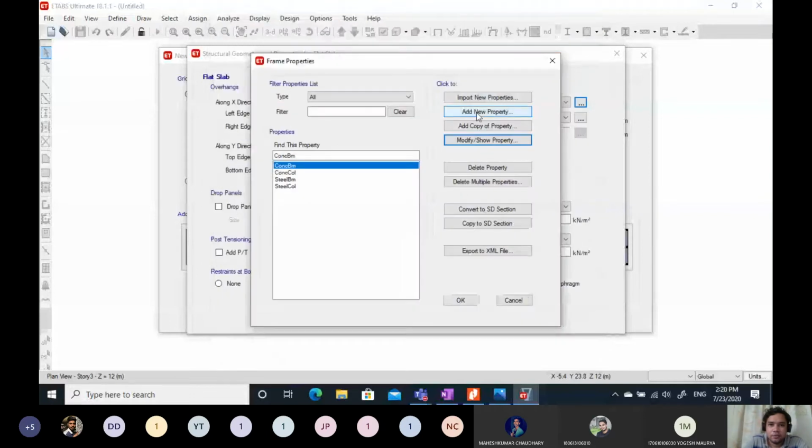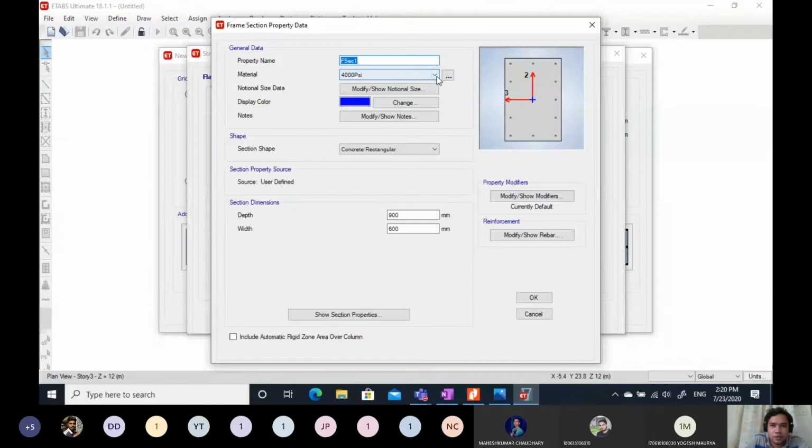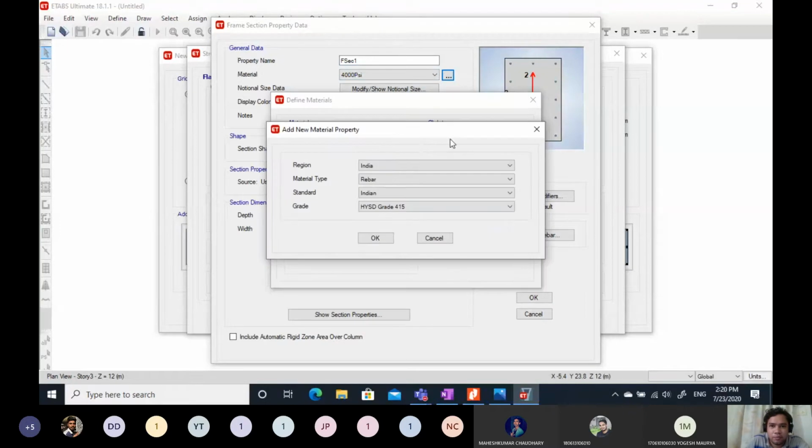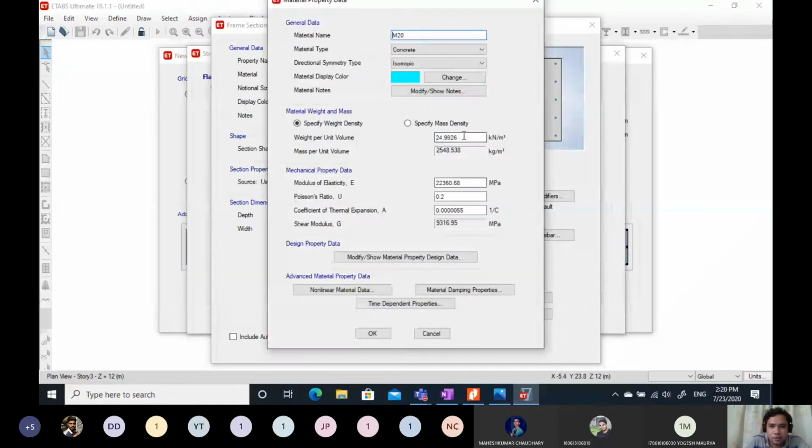Instead let us add new property, rectangular, add new material, Indian, concrete M20. Okay, that is 25.